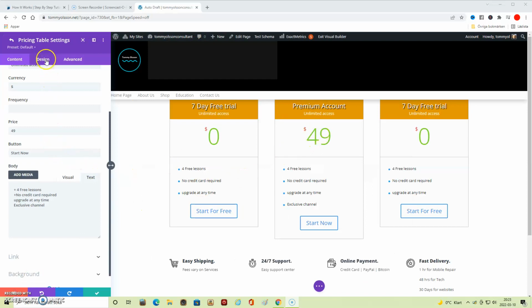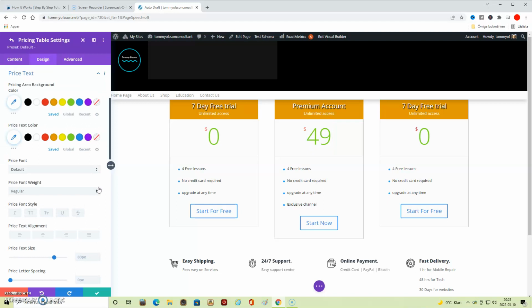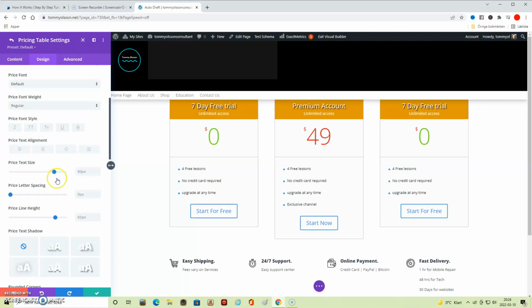So I have changed the second one here. Change some of the text or something, and so on.